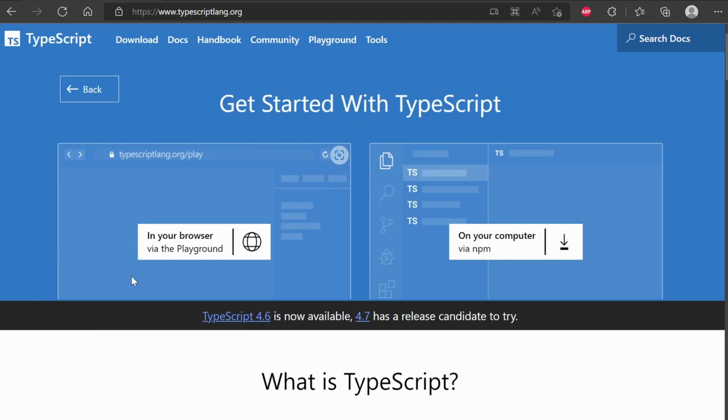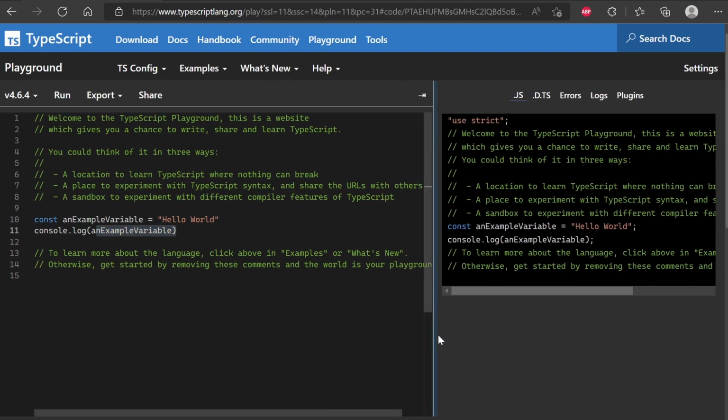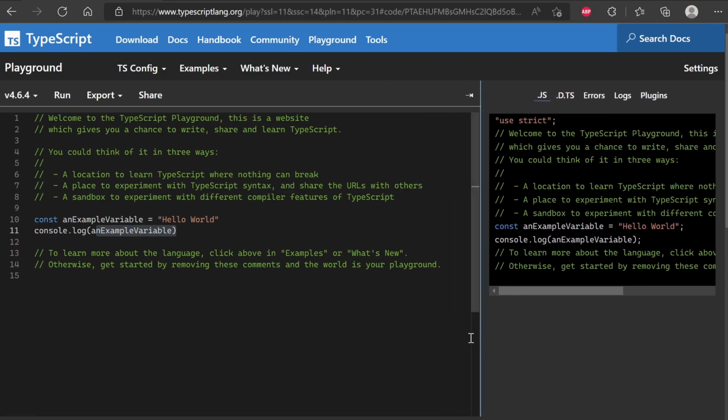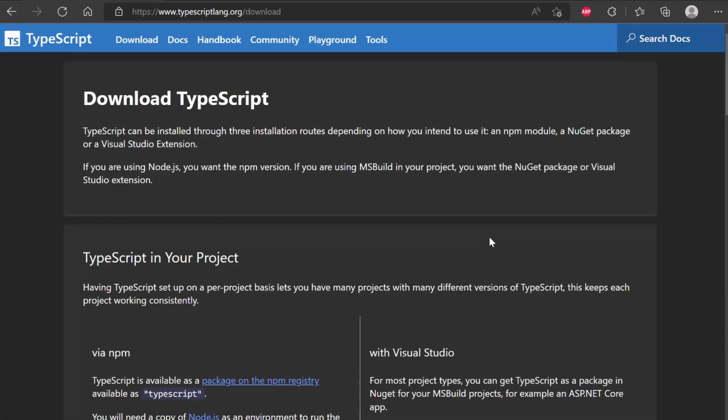If I click on that, we have two options. In browser, that is the playground where you can write here and test, but that is not so useful. This is good for learning, but I want to install it locally, okay, so that I can use VS Code. All right, so go to on my computer